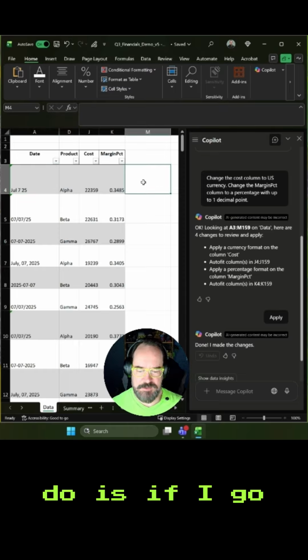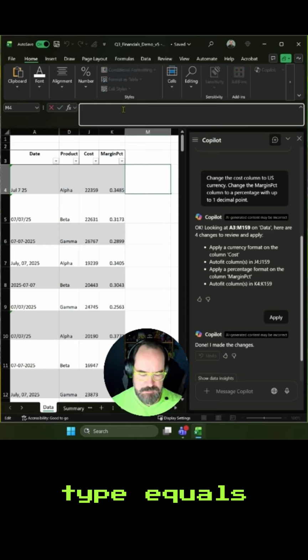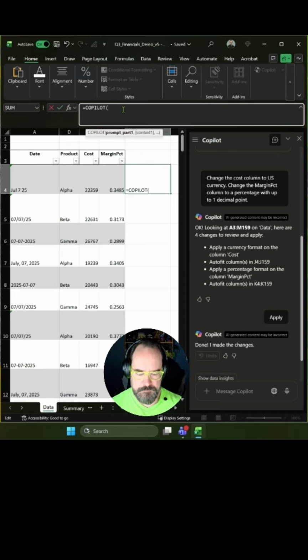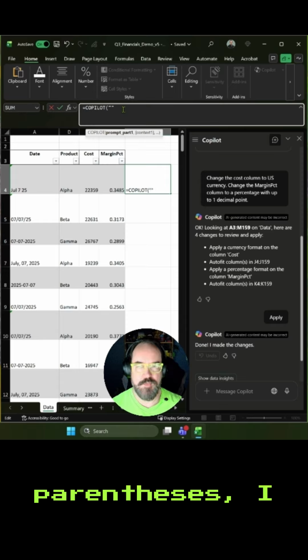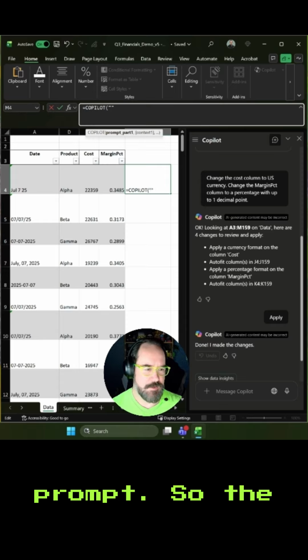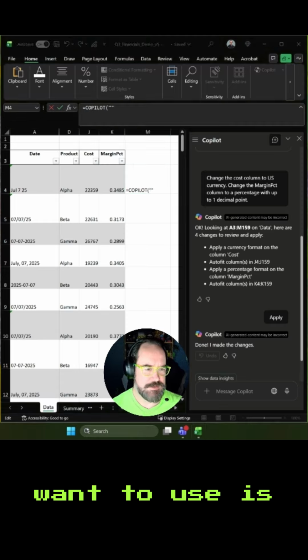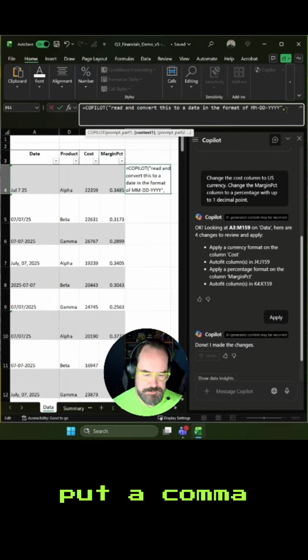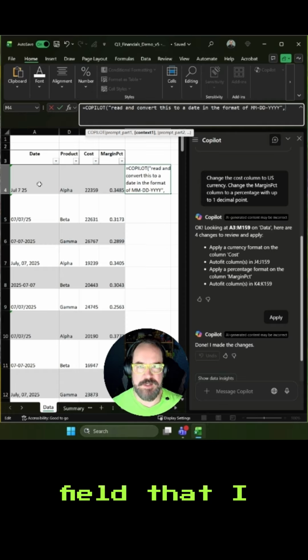So what I can do is go into the cell here and type equals Copilot, and then within parentheses, I can put my prompt. The prompt that I want to use is: read and convert this to a date in the format of month, day, and year. Once I have my prompt in, I put a comma and then select the field that I want Copilot